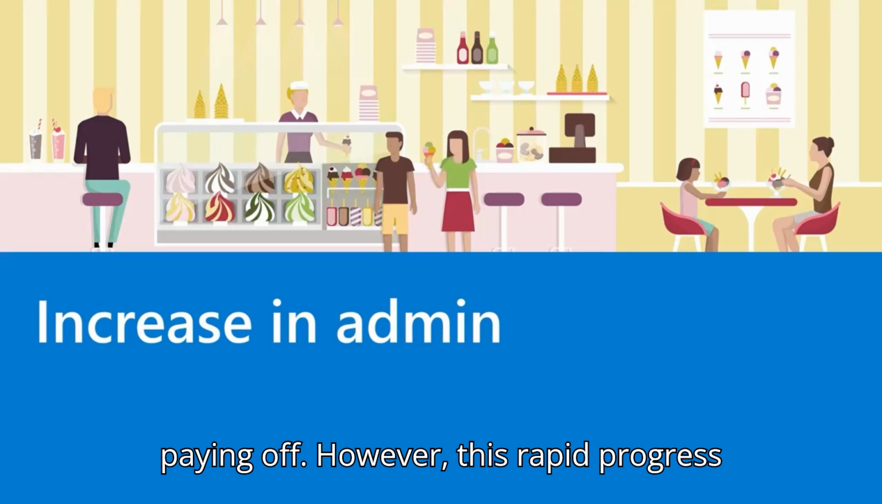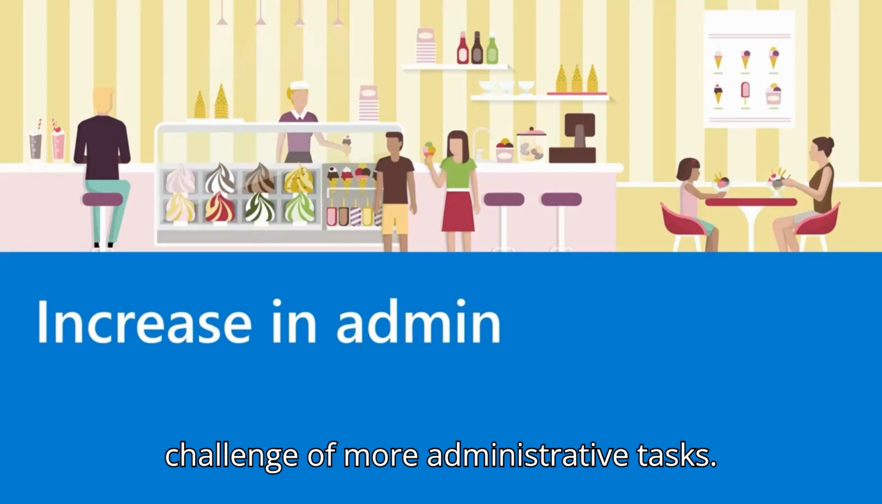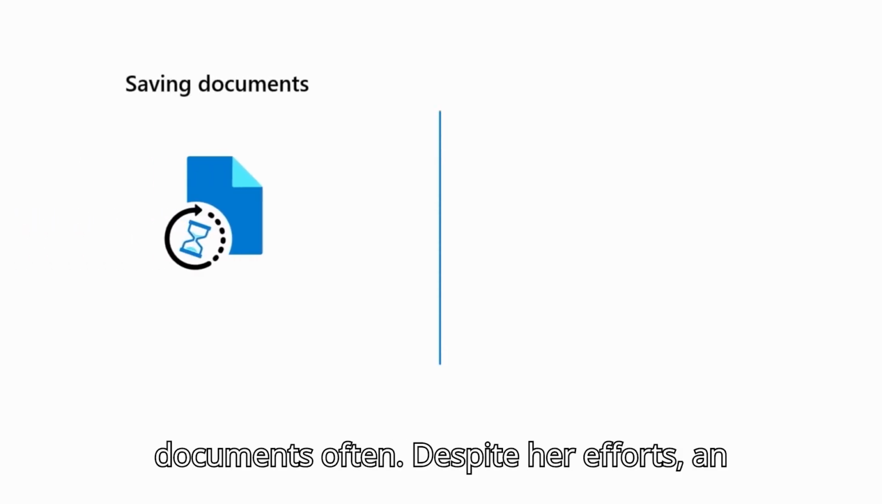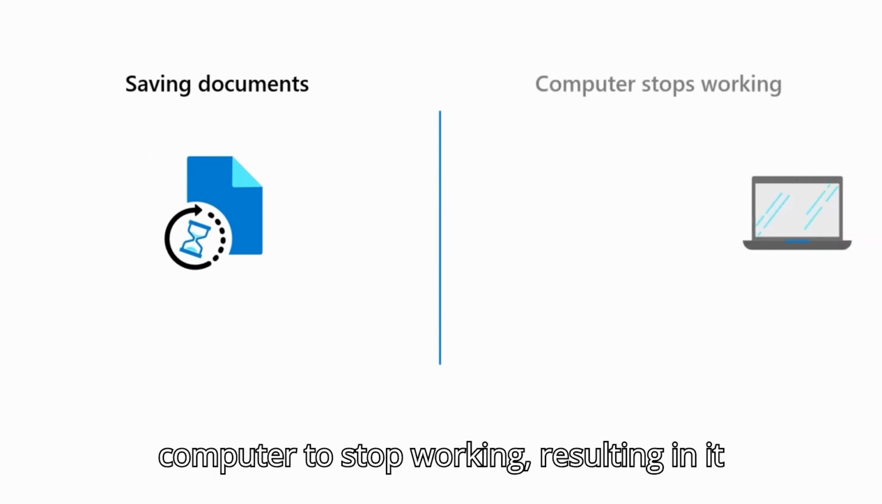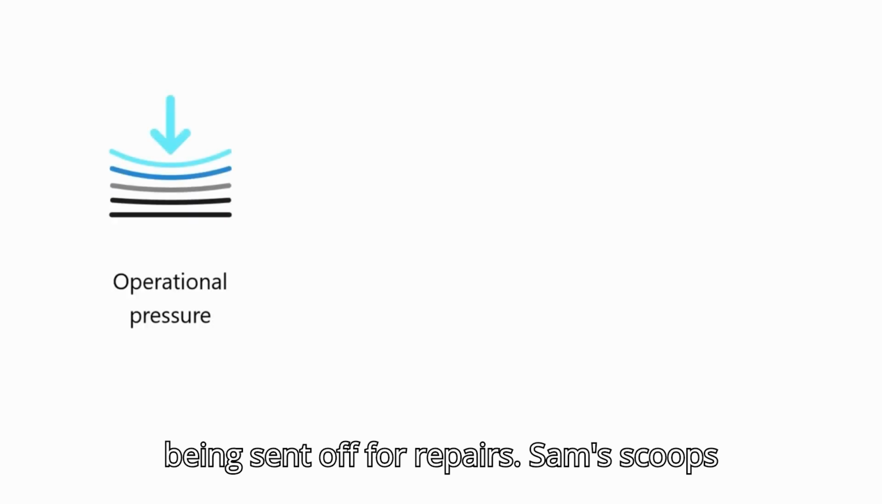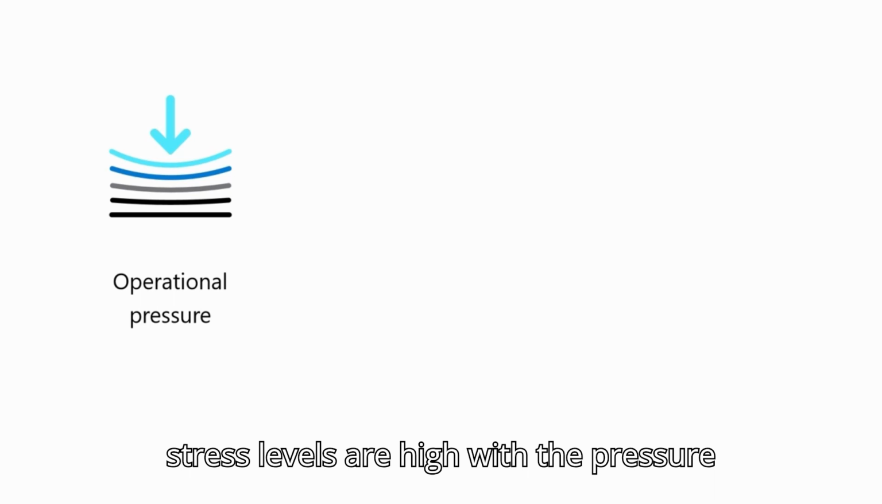However, this rapid progress in business sales also presents the challenge of more administrative tasks. She diligently saves her inventory documents often. Despite her efforts, an unexpected problem has caused the main computer to stop working, resulting in it being sent off for repairs. Sam's Scoops didn't account for this hurdle, and stress levels are high with the pressure of keeping up